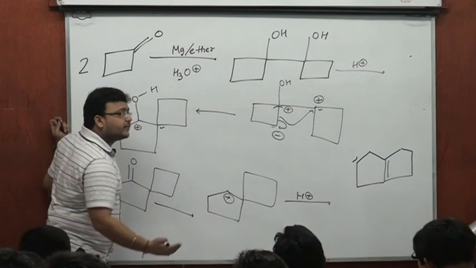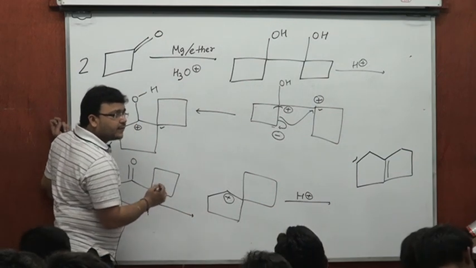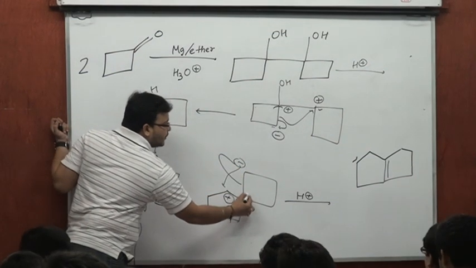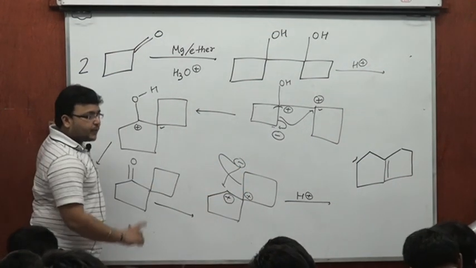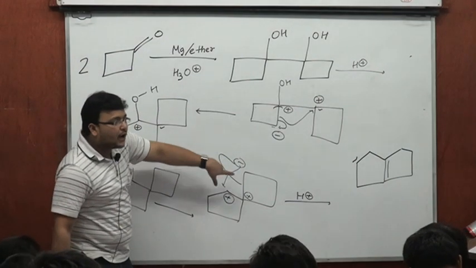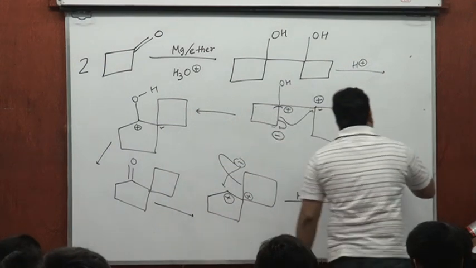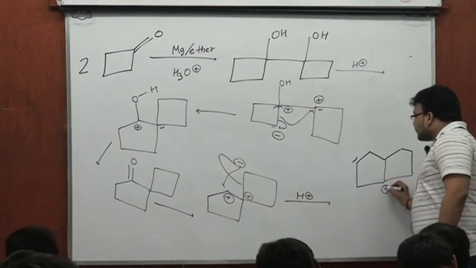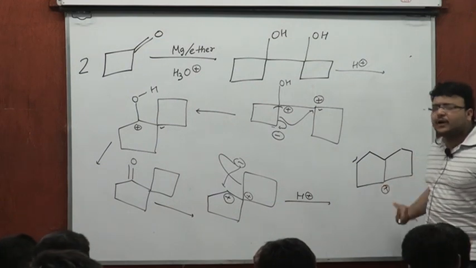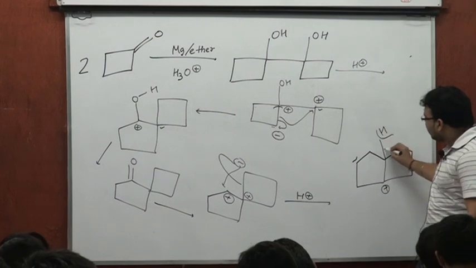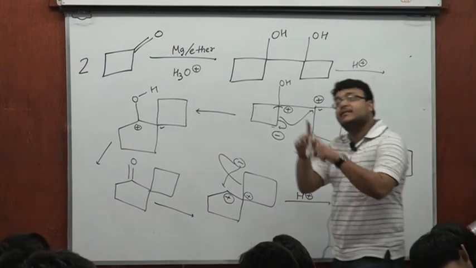And again, I can break this expansion. As this bond moving here, this negative coming here, and this positive would be left. So this would become a bicyclo compound. Now, without drawing one more structure, let me have a positive charge here. Now, although a positive here is unstable, but it will very quickly get rid of this positive charge by losing this hydrogen, and in the process, I would have got a bicycloalkene.